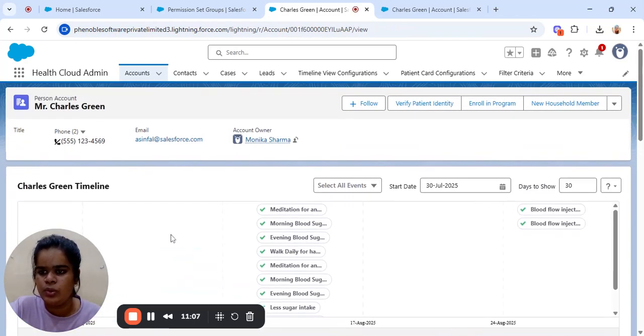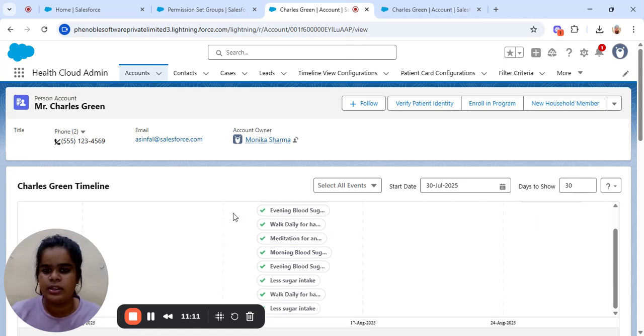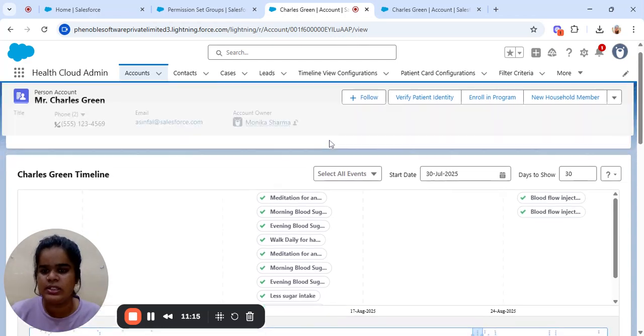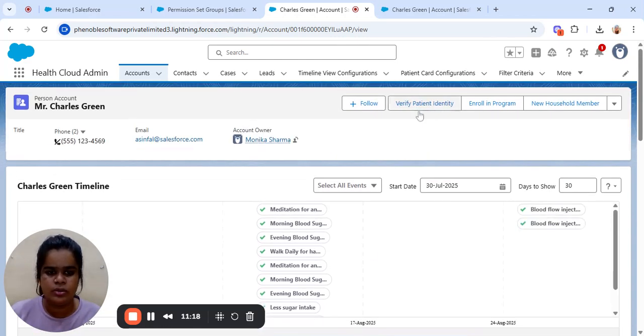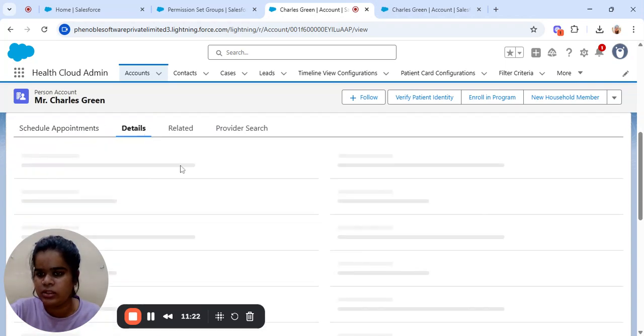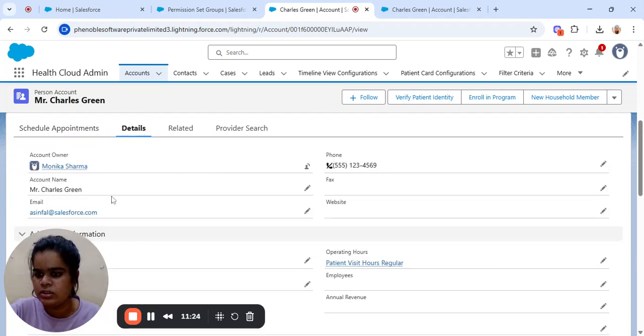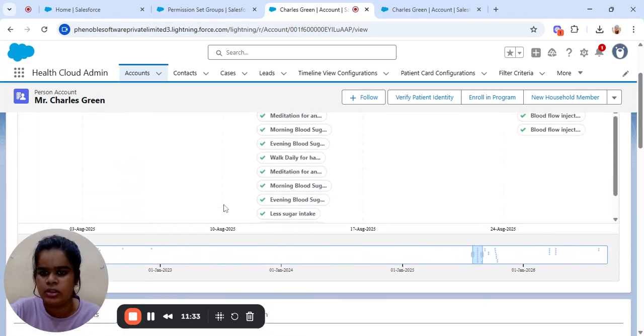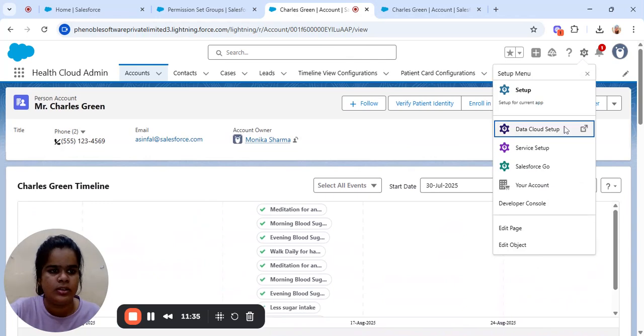This is all about the patient information in our Salesforce, or how we can manage the patient's data here. This is the dummy data in my trial org. This is the detail of this patient, like patient name, patient number, operating hours, and address, and all this. And we can edit the page layout here.